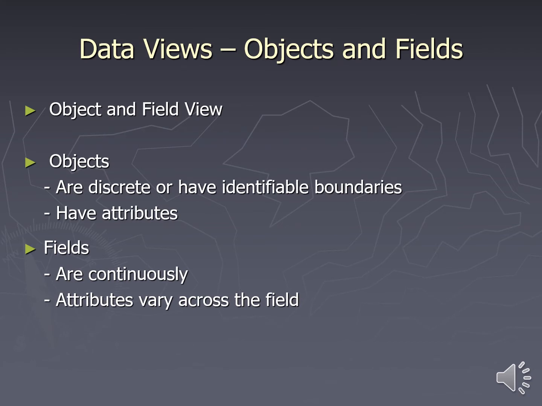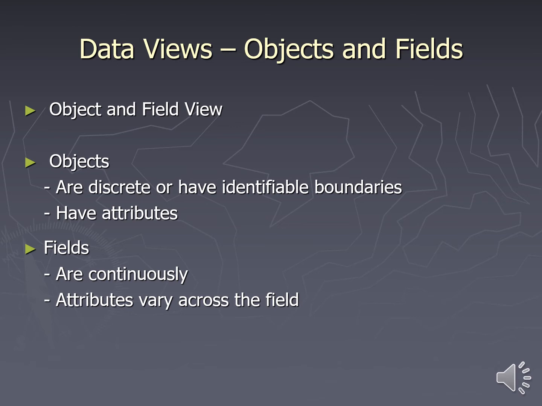So let's get into your data views. So there's object view and there's field view. So object view is, let's talk about what objects are. So objects are discrete, or something with identifiable boundaries. So an archaeological site is an object, whereas fields are continuous and their attributes can vary across the field, right? So elevation is a field,